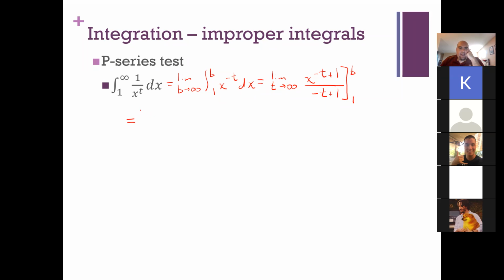Okay, so now I still want to evaluate this limit, which I am so used to calling t, but really I want to call it b. The limit as b approaches infinity of, let's separate some things out, 1 over t plus 1 times x to the negative t plus 1, with b to 1, or 1 to b. And now that I have this integral, I can follow the